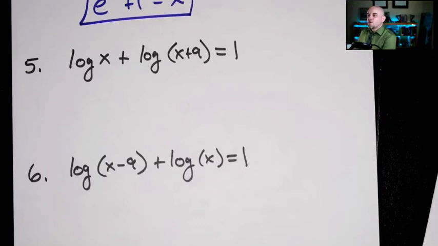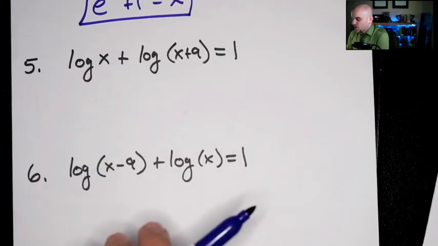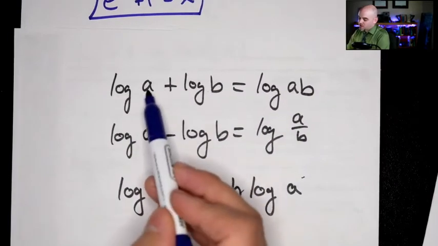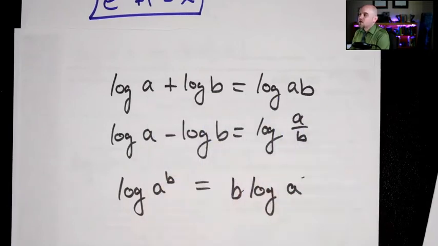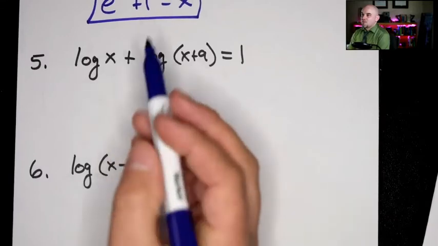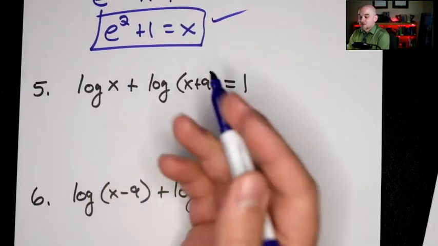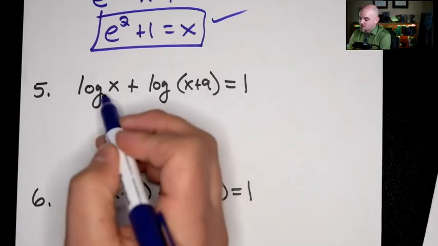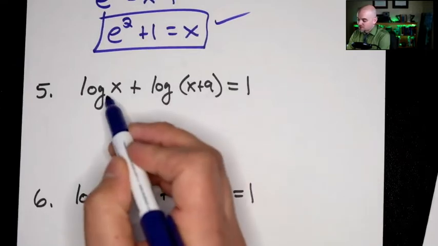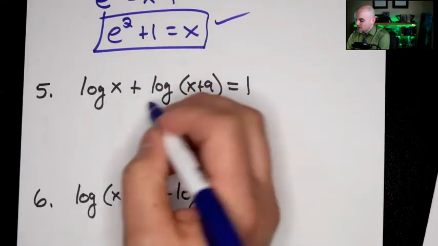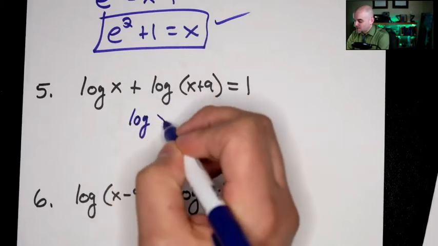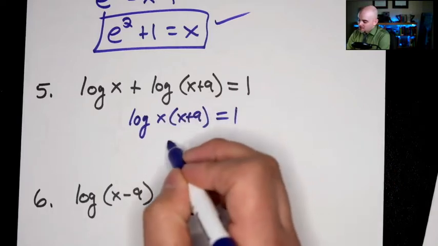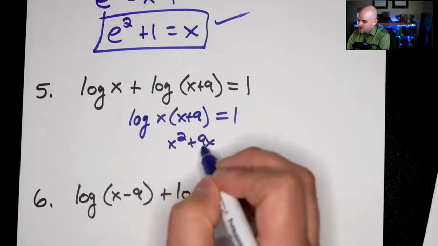Now this one, we did this in one of our videos where we had a ton of these types of problems, and we're going to go back to our properties of logarithms, right? And on our properties of logarithms, we said that if we have log of a plus log of b, it equals log of a times b. Actually, the base does matter. Both of these have to have the same base, but this could be log base 3 and log base 3, log base 4 and log base 4. In this case, it's log base 10 and log base 10. That means when I combine them, it's going to be log base 10 of x times x plus 9. And if I distribute that x, I get x squared plus 9x